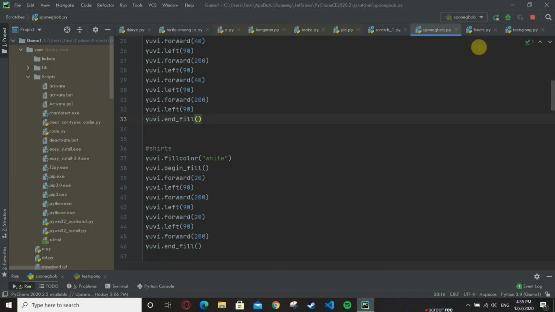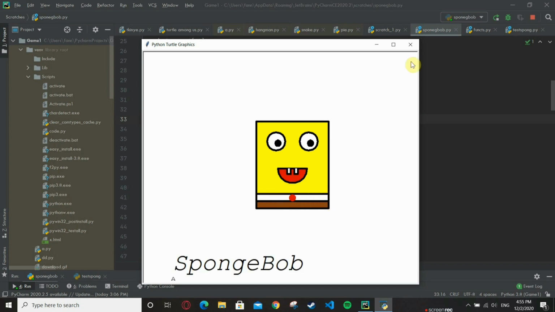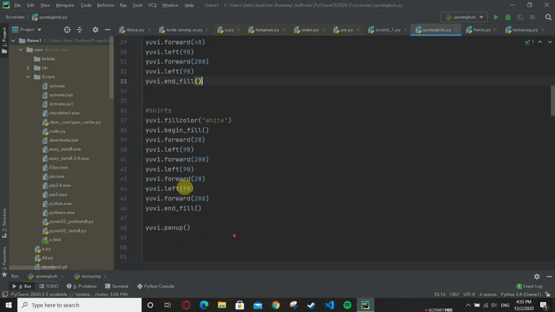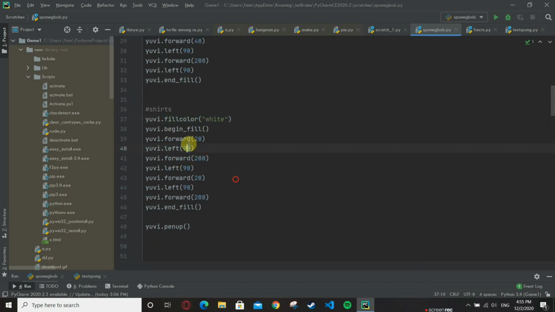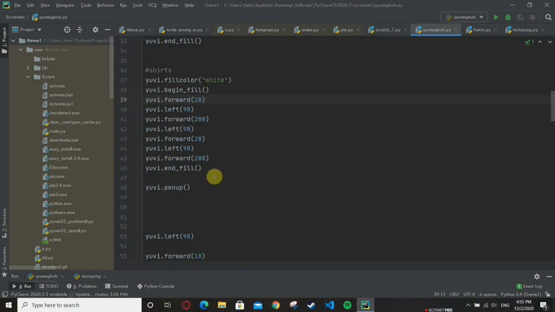So see what the shirt is exactly. It creates the brown pants, then it creates a small line, a small box you can say, which has a white color in it, right? Here it has white color. So this is the code for that. So uv.fillcolor white, begin fill 20. I'm taking the size of 20, then creating a box, just being creative.